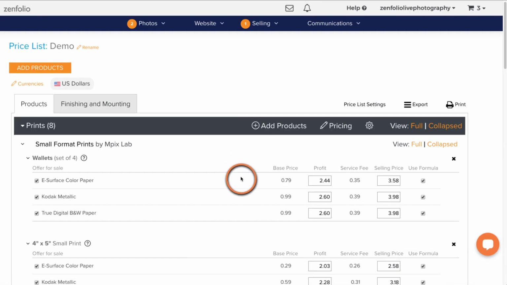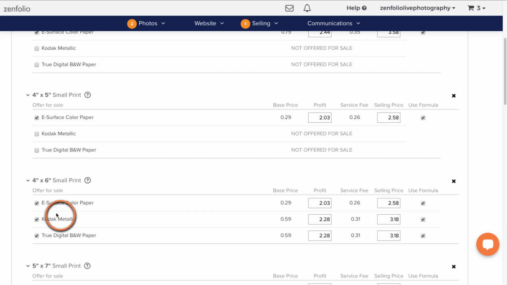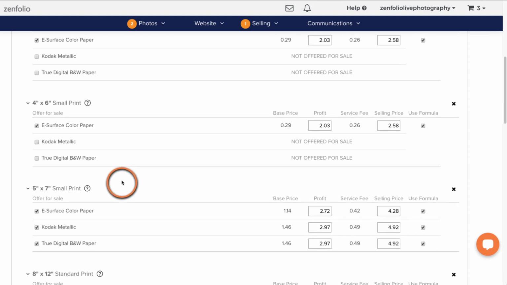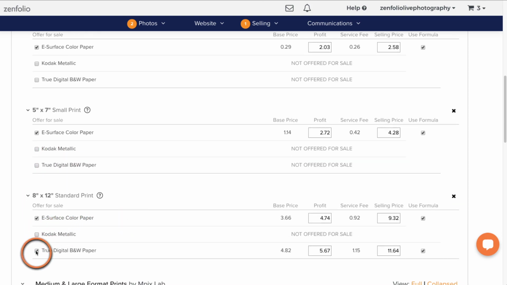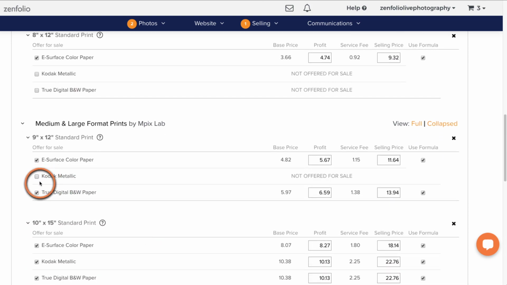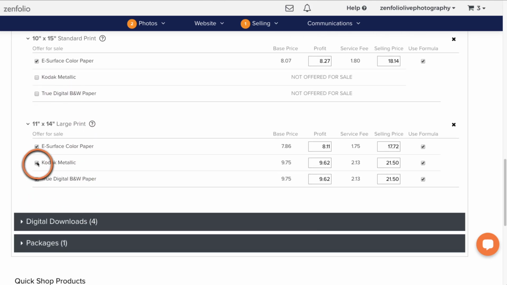And then the first thing that I like to do, again, keeping it simple, is removing options that I don't know or that I know are not that important. So going here, turning off a couple of these, maybe turning off a couple of these, and just offering that one paper option. Again, I don't feel like I really need to offer different paper options to my clients. A lot of times that results in questions more than it does sales. And so for me, I like to offer that eSurface color paper. If you want to offer multiple paper options, please feel free to go ahead and do that. I just like keeping things extremely streamlined for my clients and not including things that are going to make them ask a bunch of questions. So we're going to turn a lot of these off.